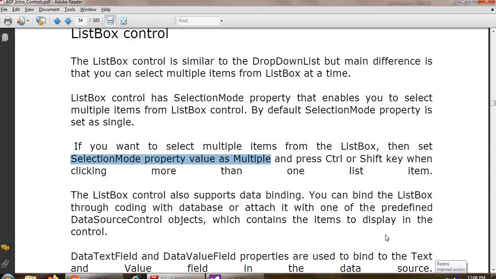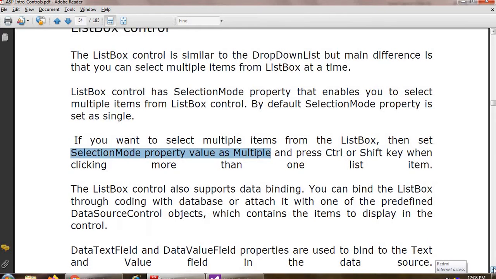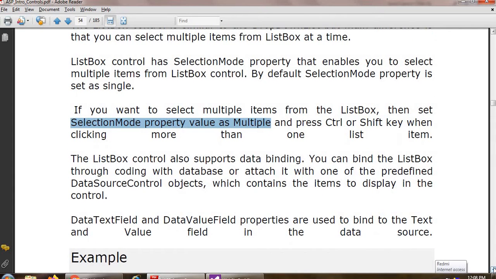The second point, the list box control also supports data binding, meaning you can bind your data from the database and then display your list. Here you can set three properties. If you want to retrieve data from the database inside the list box, you can use a database.